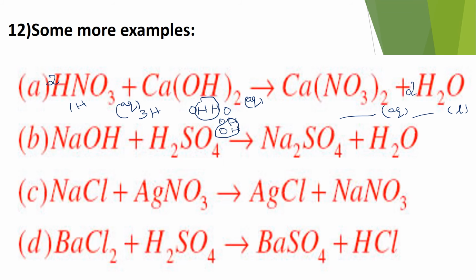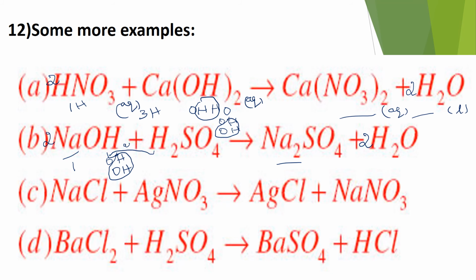Now next question, NaOH combines with H2SO4 to form Na2SO4 and water. Now how to balance this? Let us see. First you look at the numbers of atoms which are not equal on both sides. Na is 1 on the reactant side, 2 on the product side. So we will balance it first. Okay, now what about OH? OH has become 2 now. See, with this you are getting 1 water molecule, but here H2 is there, so you get 2 water molecules. So this is how you will balance it very easily.